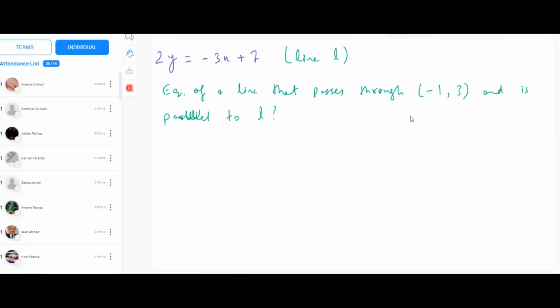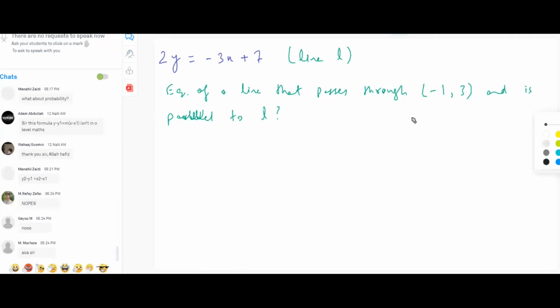अब देखिए, किसी भी लाइन की इक्वेशन फिगर आउट करने के लिए दो चीजें चाहिए होती हैं। एक तो हमें ग्रेडियंट चाहिए होता है और एक पॉइंट चाहिए होता है ताकि हम c की वैल्यू फिगर आउट कर लें। How do you find the gradient of this line? यह लाइन पहली लाइन के पैरेलल है, तो हम पहली लाइन का ग्रेडियंट फिगर आउट कर लेंगे।